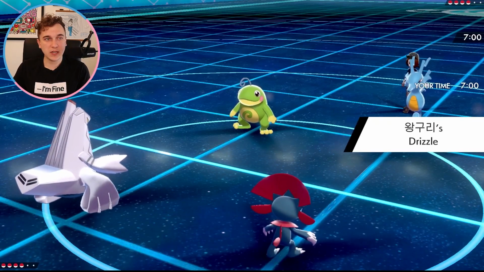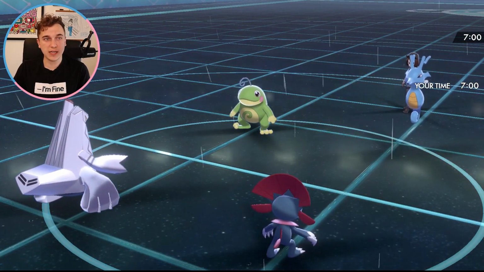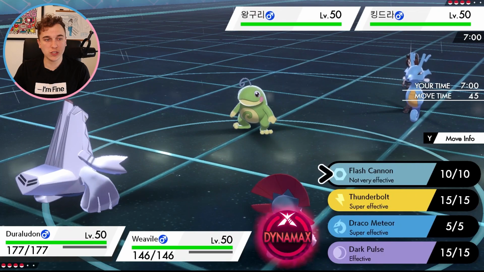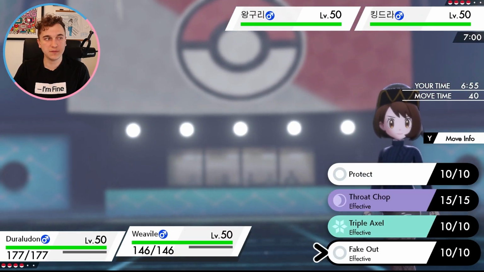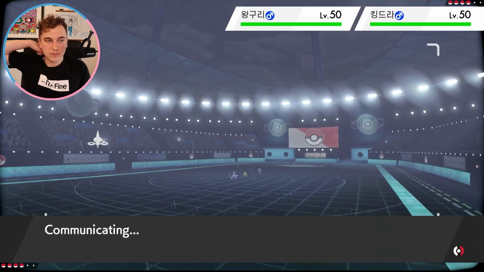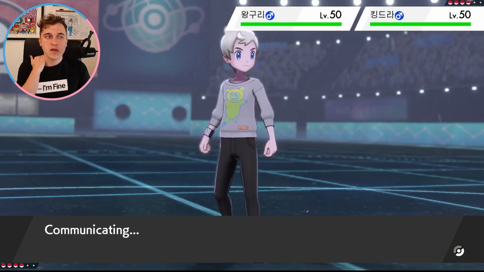Now, they could Helping Hand. They could also do weird stuff with like Perish Song and stuff, so I'm not going to take my chances. I'm going to go for a Fake Out. And I'm going to go for a Depletion. Yeah, Depletion and Fake Out. I understand that Helping Hand will go before Fake Out does, but...